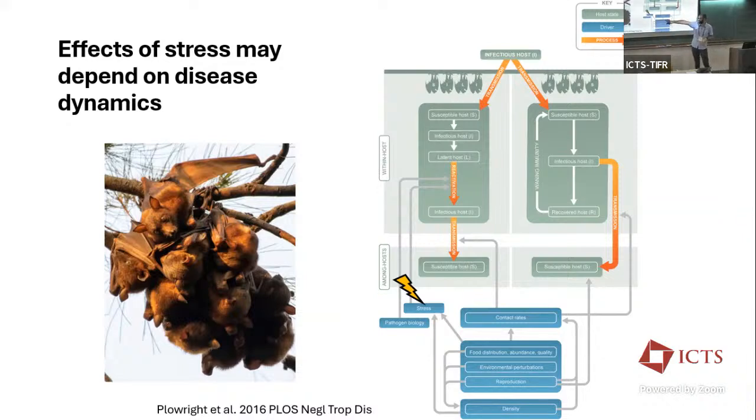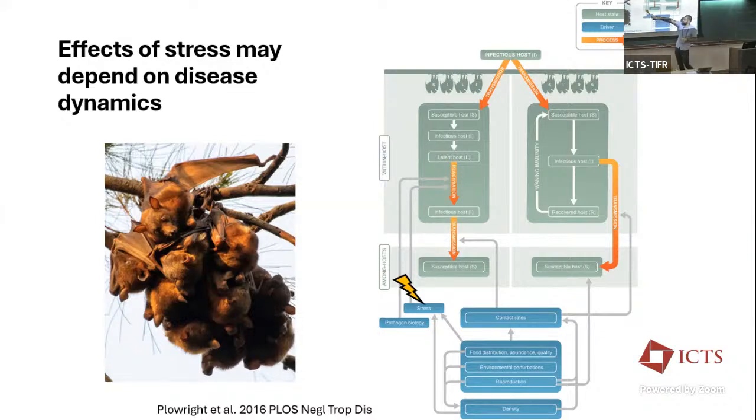It also depends, and these contact rates depend on the availability of food, the distribution of that food in the environment, these environmental perturbations that would change their behavior and how animals go about their foraging, reproduction, right? So during most of the year, you might have some level of contact with some individuals, but during a mating season, that changes, right? You'll have greater intraspecific contacts. And so all of these contribute to this transmission process for both SIRS and these latent models.